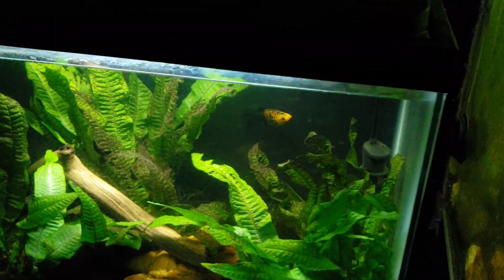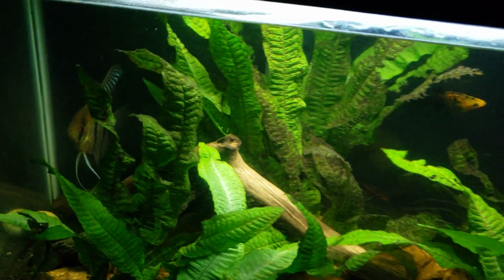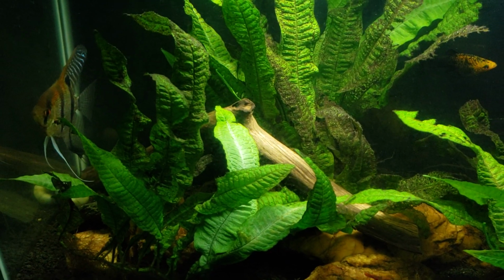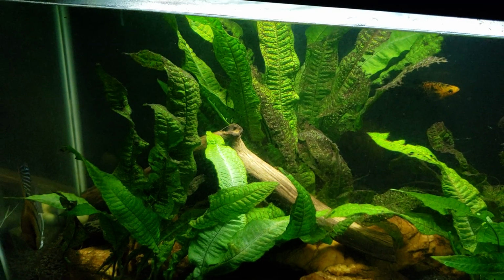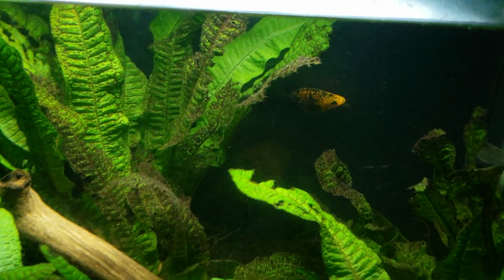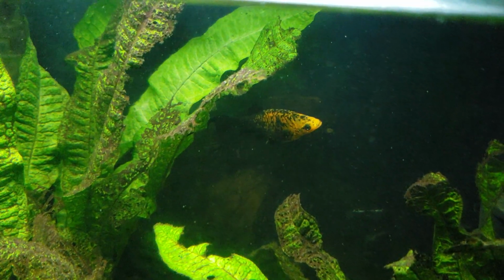My 20-gallon angelfish tank here. There's an angelfish in there somewhere. There he is. Not a lot going on in here. I probably really ought to get in there and do a water change. It's been a little while since I've done one, but I can't even think of anything to talk about in there. I do want to get in and take that Molly or Platy or whatever that is